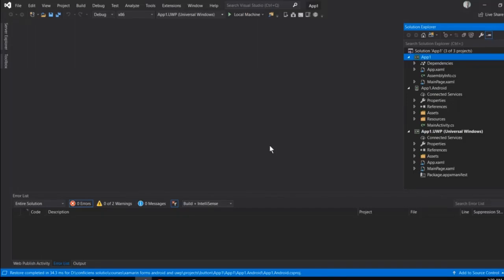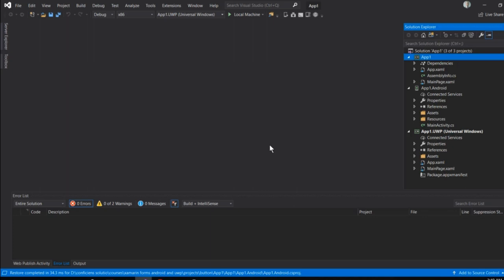Hello, in this lecture we will take a look at the probably most simple element of Xamarin Forms, but as well the most useful element, and you guessed it right, it is the button. Okay, so we will take a quick look at the button. There's not much to do with it, but it's important to understand the event, the main event, which is the